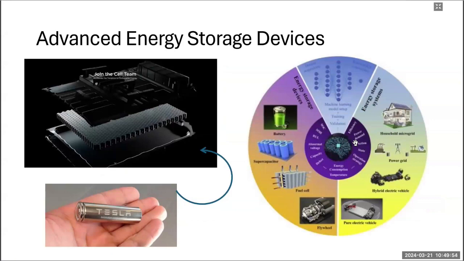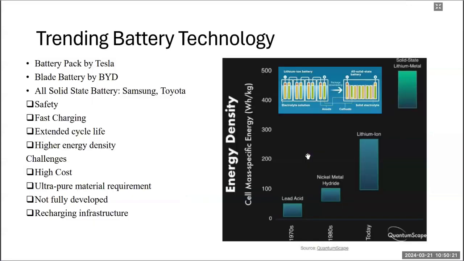So these are the advanced energy storage devices, as I've already mentioned, and people are also trying to integrate more cells in different pack size, and then making a battery for electric vehicle with energy storage. There is also fuel cell, supercapacitors. These are also the different types of forms of battery, but these have lower capacity than this. So trending battery technology is focusing on safety, fast charging, extended life cycle. The cost, there are some challenges, which is the cost is very high,